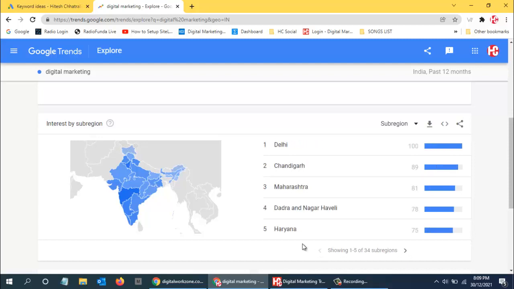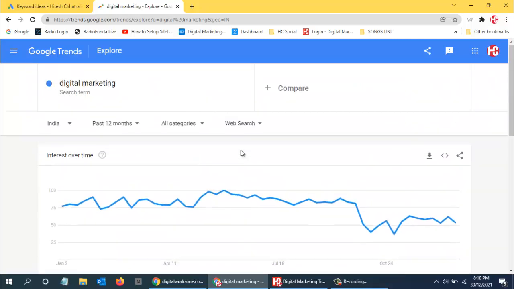So over here, this is one of the things that we can get to know. Now just in case you are planning, this is not just to find the keywords. Say suppose you want to start a business and you want to offer some products or services in a particular region. Say digital marketing is your product or service, and you want to sell this.